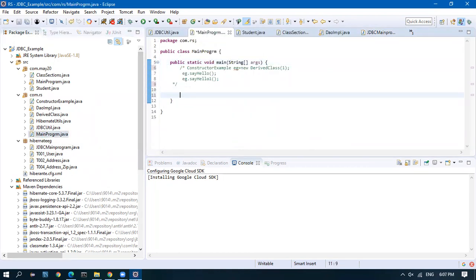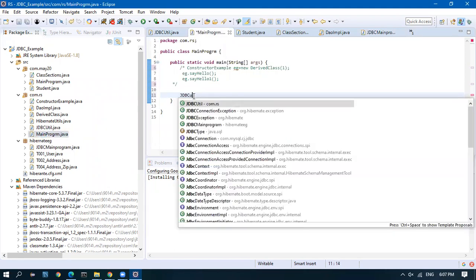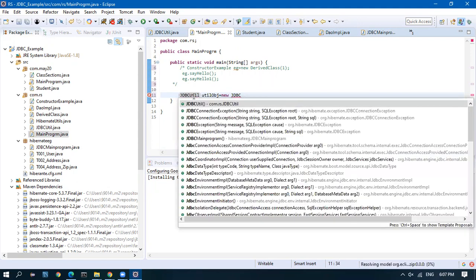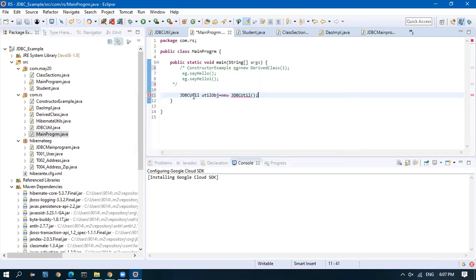Okay, we go JDBCUtil util object equal to new JDBCUtil.